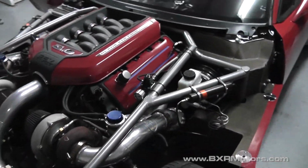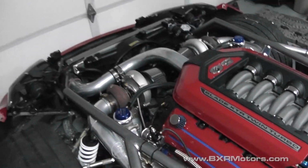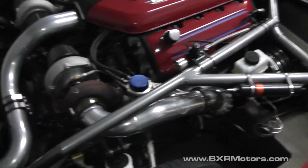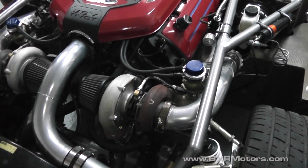or, what am I trying to think of, the sensors to be able to tell which gear it's in. So anyway, that's pretty much it as far as the turbo setup. It's pretty simplified. Everything's real low to the ground,